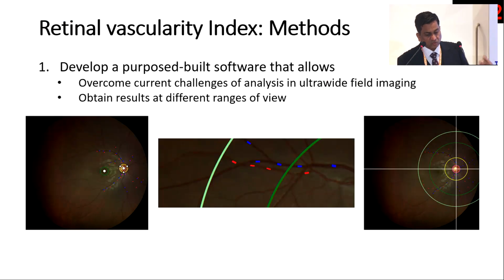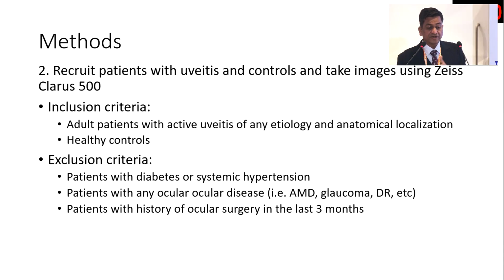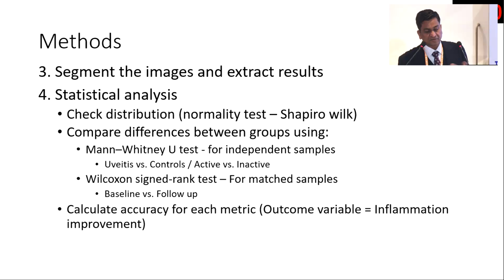So we developed our own software. This software allows you to pick up arteries and veins, segment them into different calibers, and then gives you an insight into what's happening and gives you an artery-venous ratio. So we did that in COVID, we did it in multiple patients, and we are doing it in patients of uveitis to see whether it gives you a difference at baseline, cross-sectional between uveitis and non-uveitis, and for follow-up longitudinal, does it give you a meaningful change, and are you looking into something better, something different, something with our existing tools like fundus images.